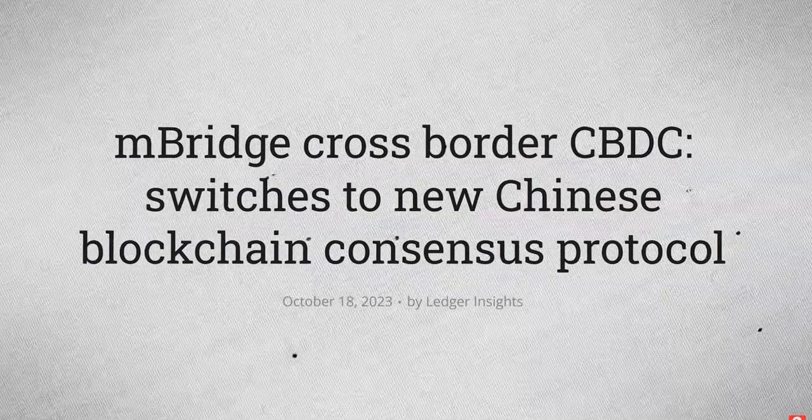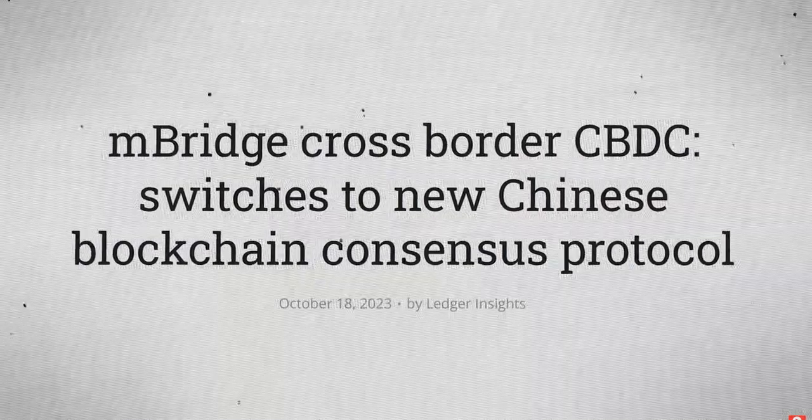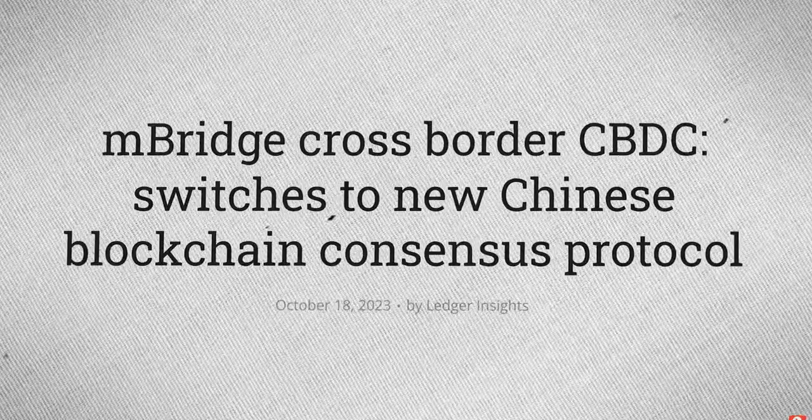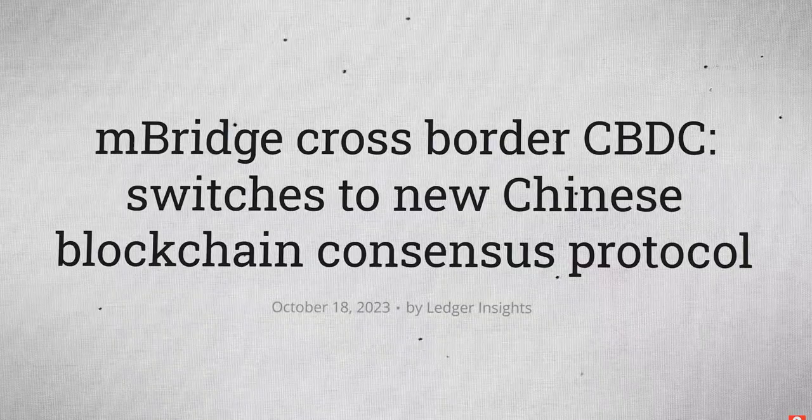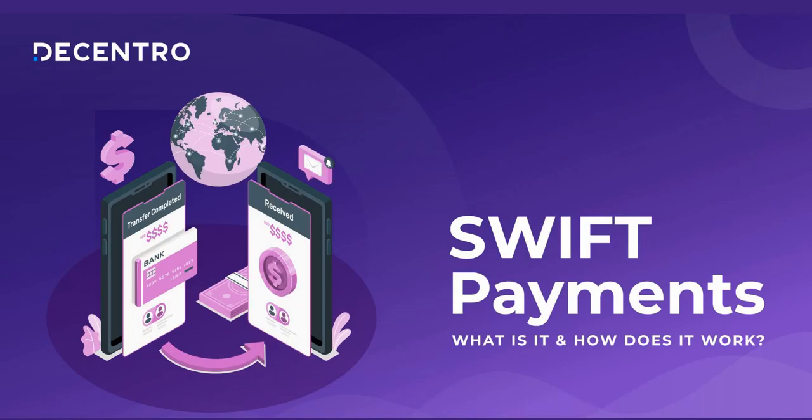This is because of its novel consensus mechanism called dashing. Now, dashing was developed by Chinese researchers, and it validates a block by checking random chunks of it rather than the whole thing. The purpose of mBridge is to, let's say, switch and replace